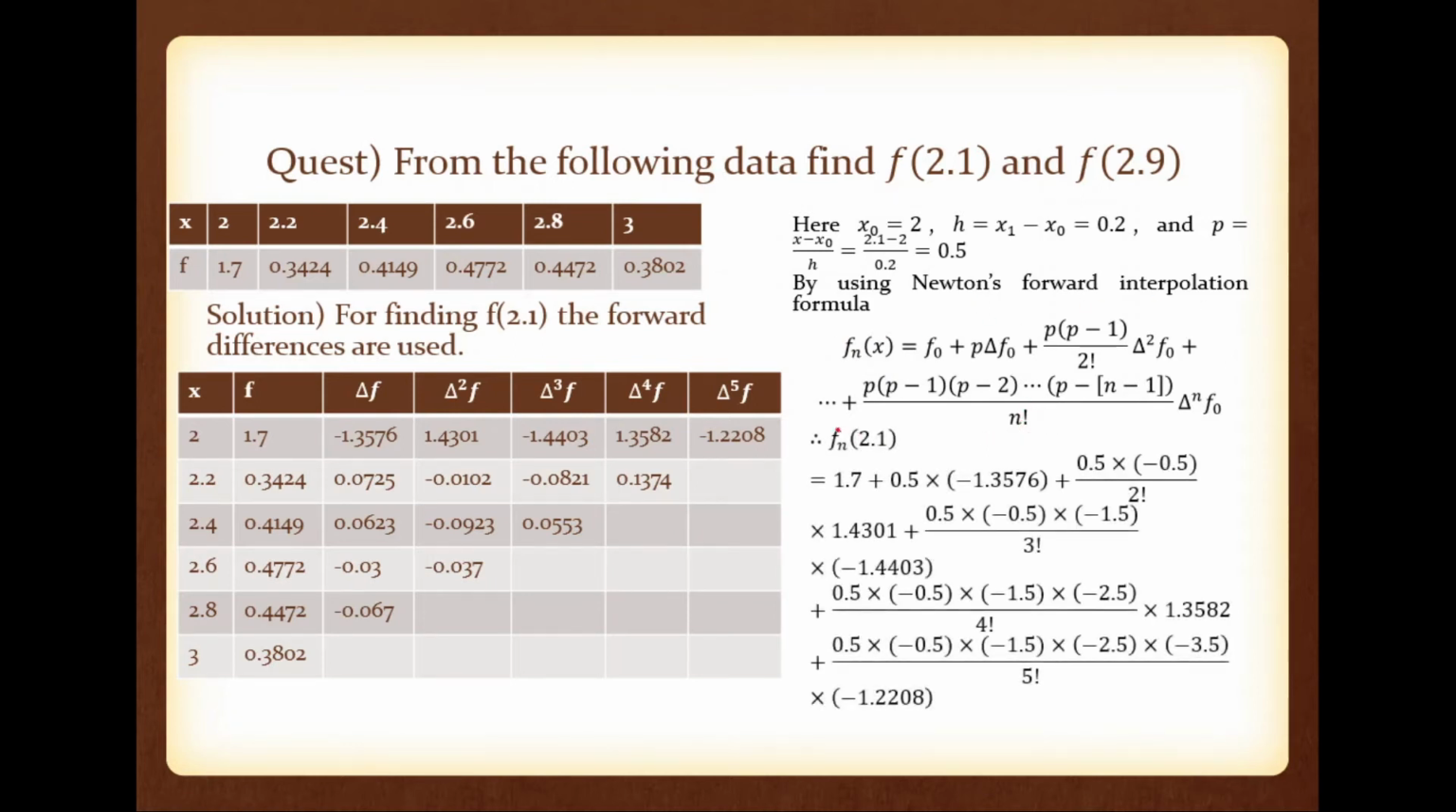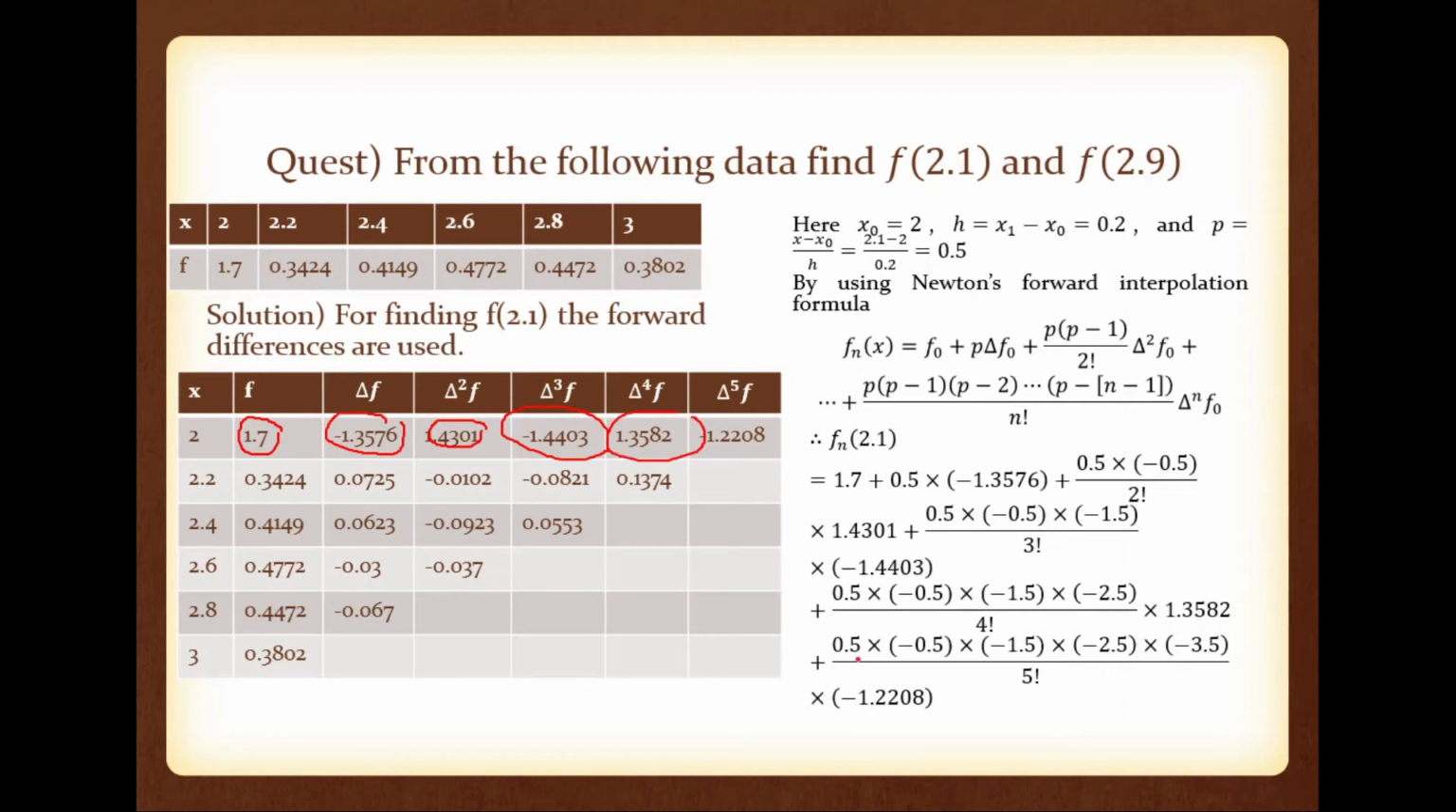So what is fn of 2.1? Fn of 2.1 is equal to f0, that is 1.7, plus p into delta f, minus 1.3576, plus p into p minus 1 divided by 2 factorial into delta square f, that is 1.4301, plus p into p minus 1 into p minus 2 divided by 3 factorial into delta cube f0, that is minus 1.4403, plus 0.5, that is p into p minus 1 into p minus 2 into p minus 3 divided by 4 factorial into delta raised to 4 f0, that is this value